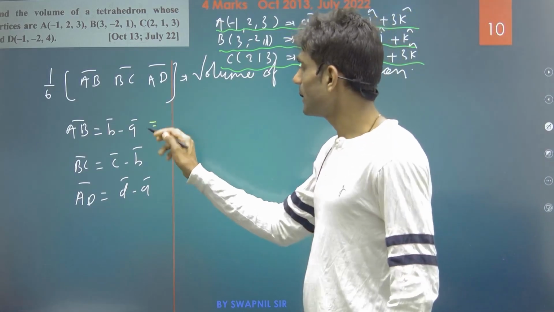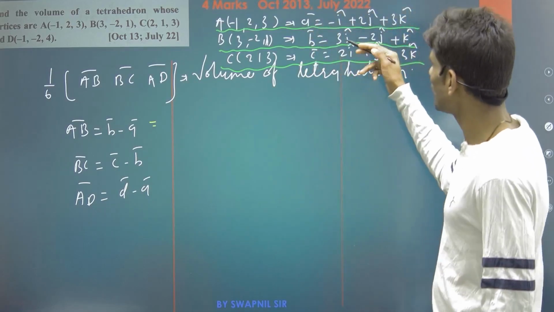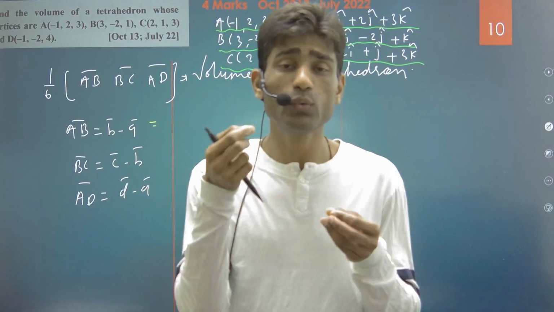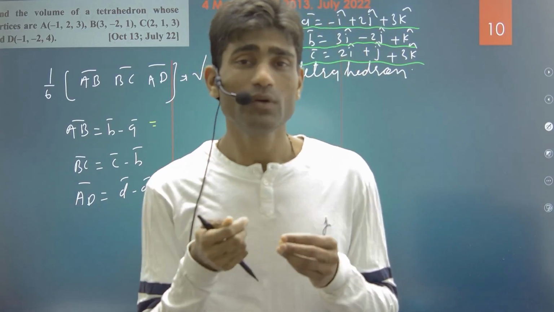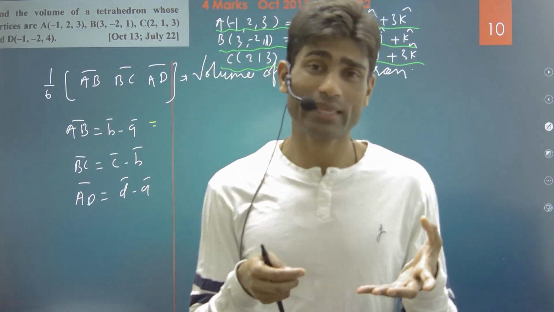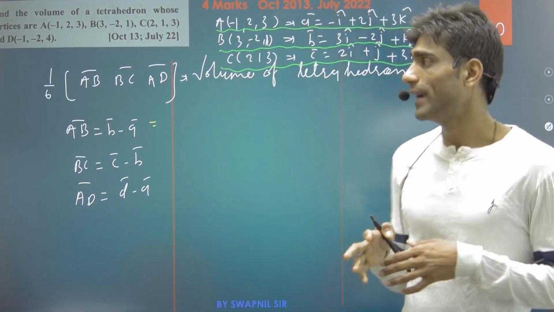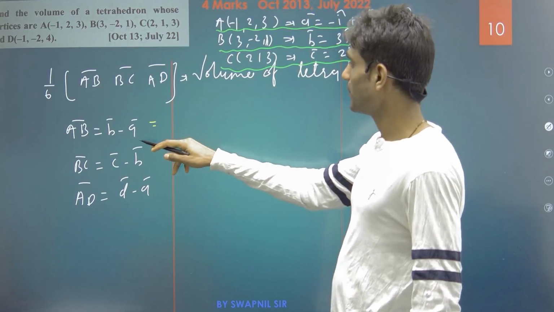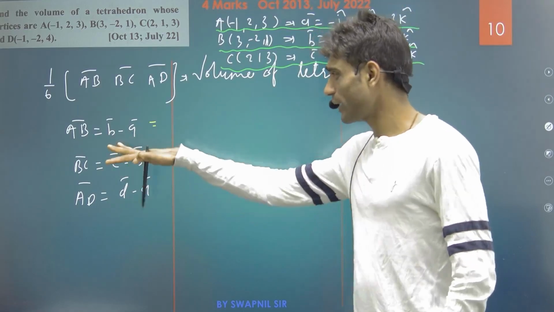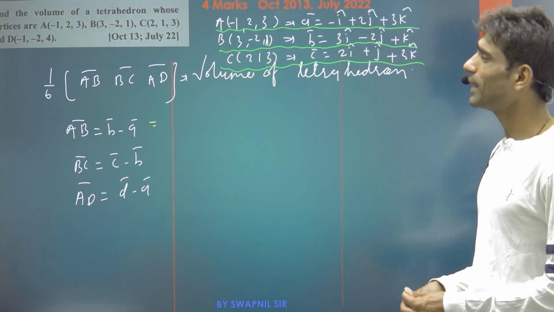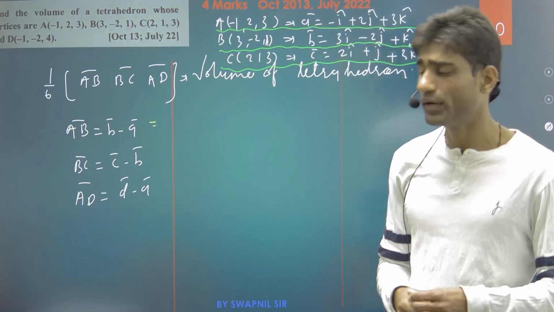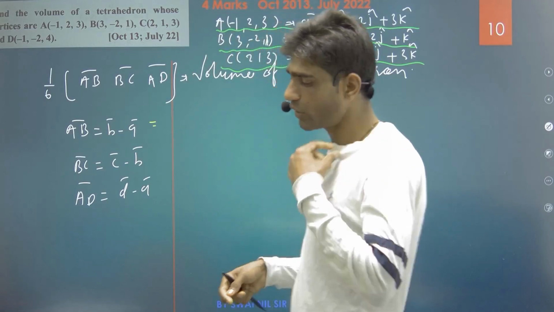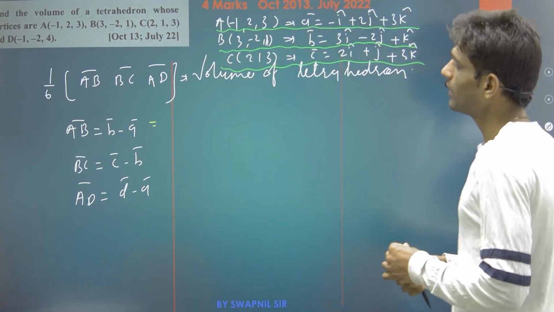So AB bar can be written as B bar minus A bar. So go for the similar vector calculation: B bar minus A bar means you have to subtract I cap from I cap, similarly go for J cap and K cap. So we will get B bar minus A bar. Do find out the value for B bar minus A bar. A similar type of example I have already solved here, and you need to just substitute all these values in our given result.